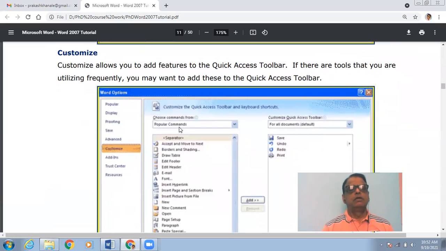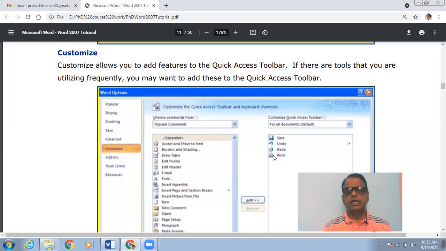Then there is another button called customize. It will allow you to add features to the quick access toolbar. We know that in Microsoft Word, on the left-hand corner, we have a quick access toolbar. Normally we have certain buttons such as save, undo, redo, or print in the quick access toolbar.